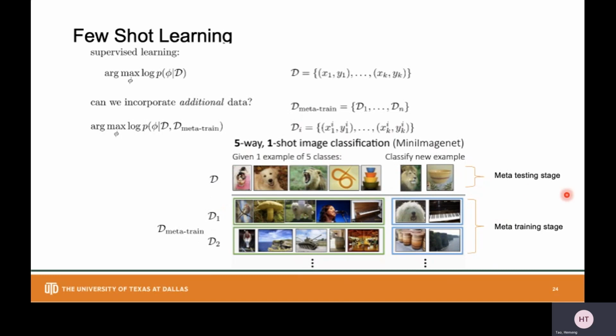Those classes will not be available in the meta-train stage, in D1, D2, D3, Dn, which means the model will never learn the target task directly, because no such class is available in the D meta-train. So the model will not directly learn the task as a traditional supervised model does.